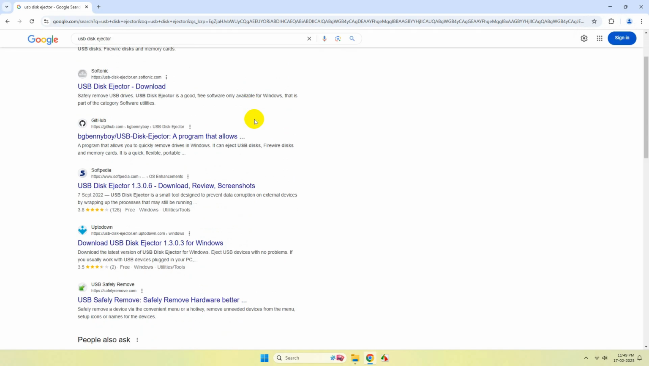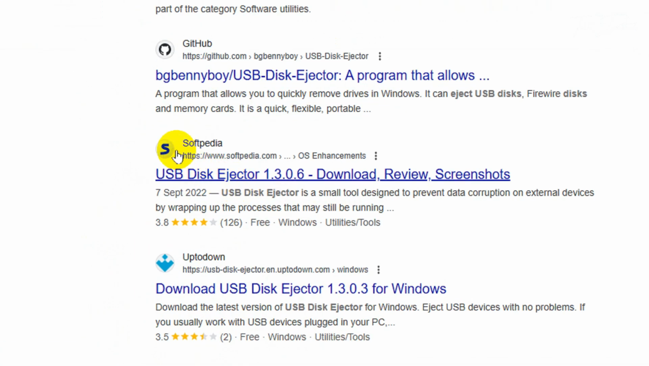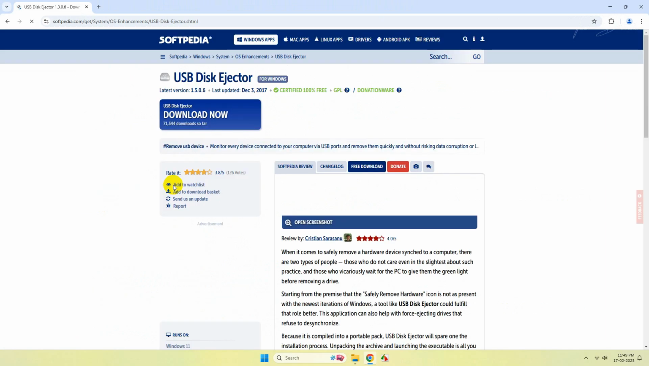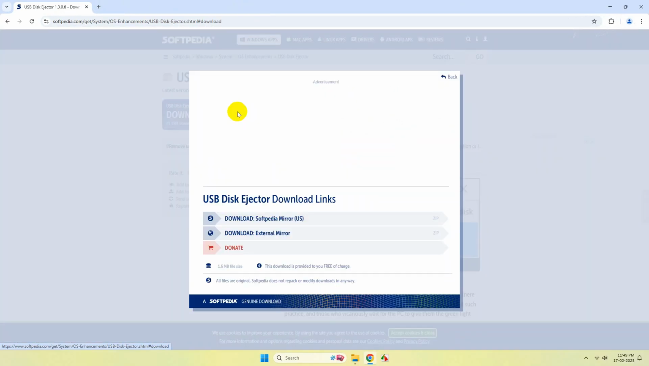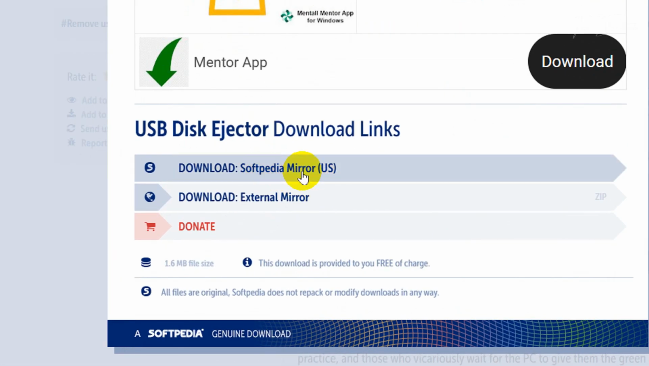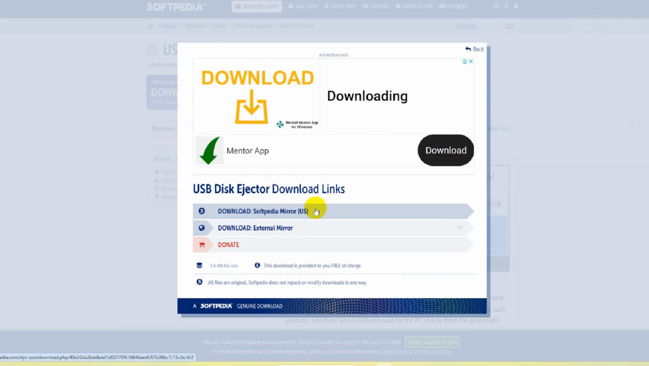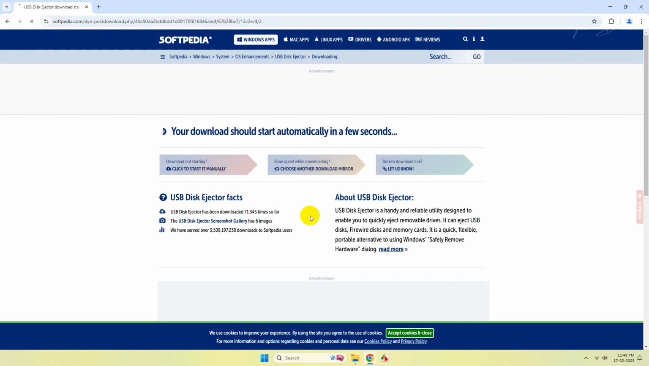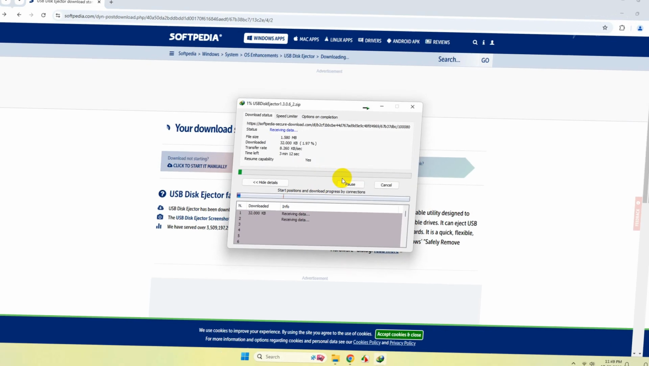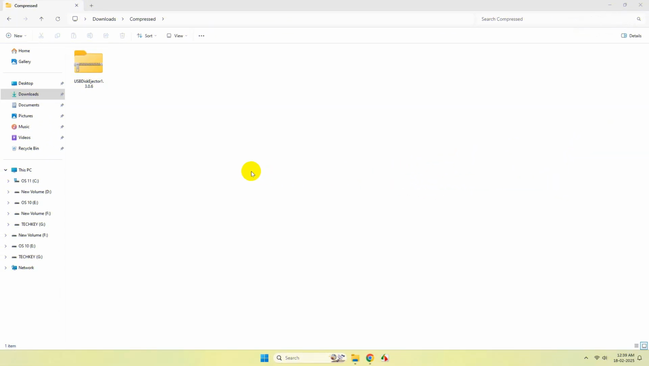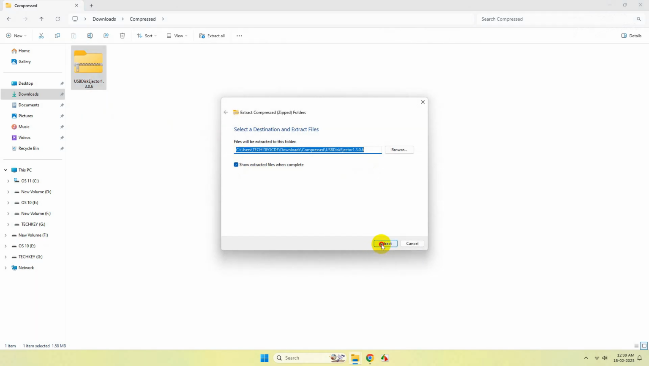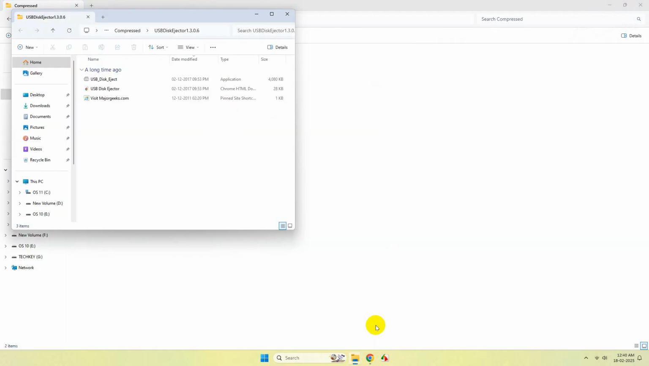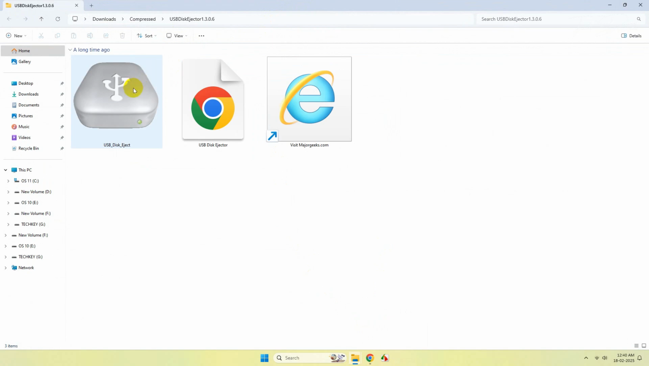Now from the search results, go to the website of Softpedia. Click on download now. Now click on any of the link to download the tool. Once you download it, extract the contents of the file. Run the tool